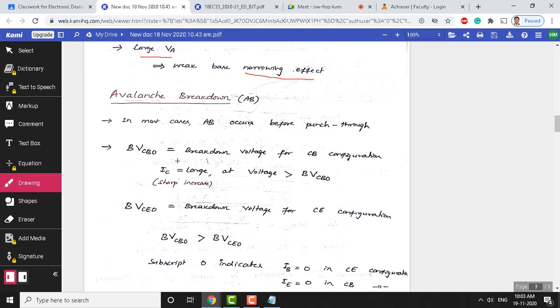Now, let us explain what this avalanche breakdown is. We have seen two different breakdowns in the PN junction. What is the first breakdown? Can anybody remember? Breakdown can be classified into two types in a PN junction. Yes, Zener breakdown, and the other one is going to be avalanche. Why are we interested in avalanche? Which one occurs earlier, Zener or avalanche?